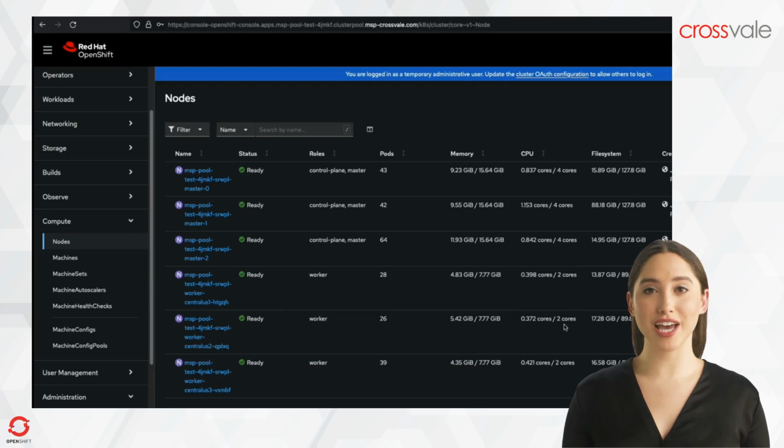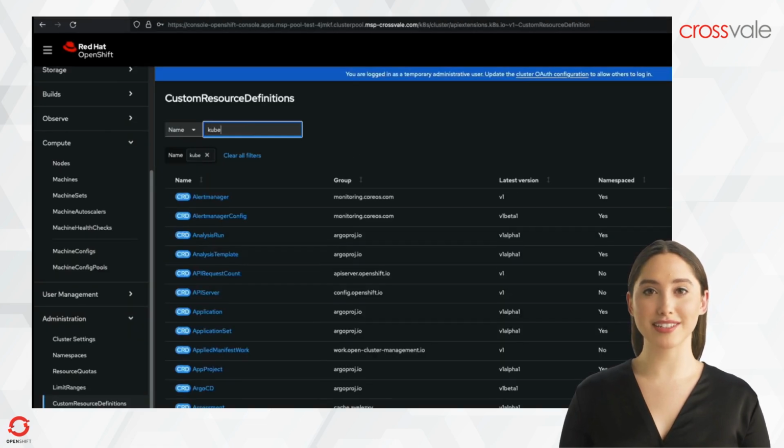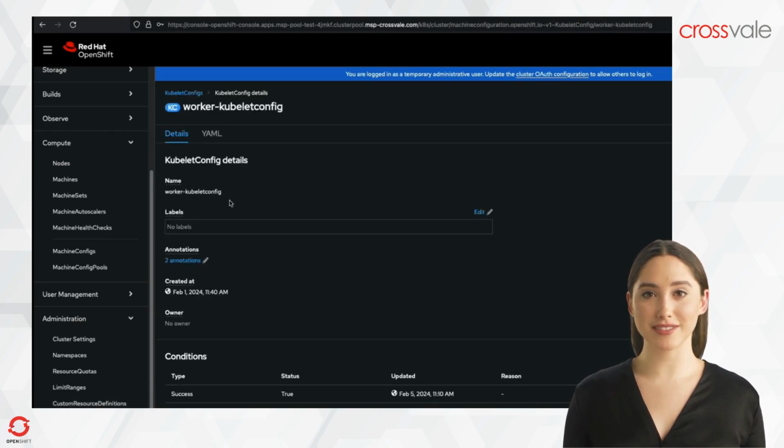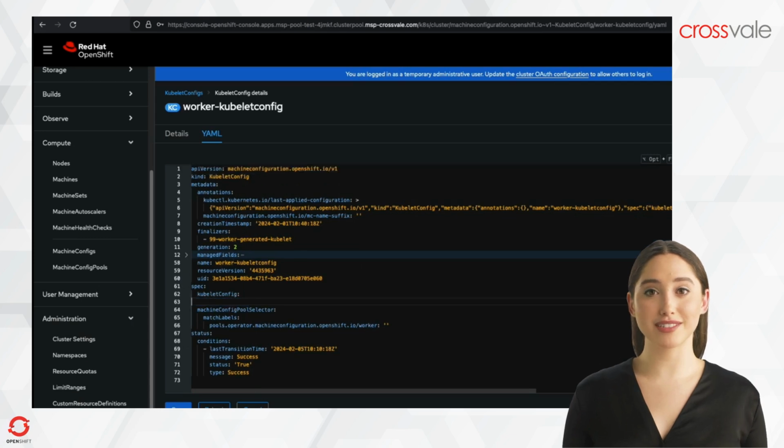Currently, the method adopted for allocating reserved resources specifically for the kubelet operation significantly diverges from the established recommendations and best practices that have been proposed. Following best practices laid out by Red Hat, we need to transition the kubelet configuration from its previous state of a static reservation to a more dynamic and efficient system of an automatic reservation. This is done through the kubelet config custom resource definition.